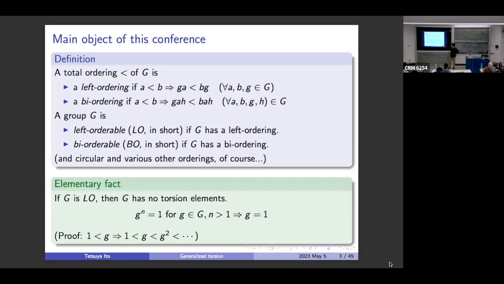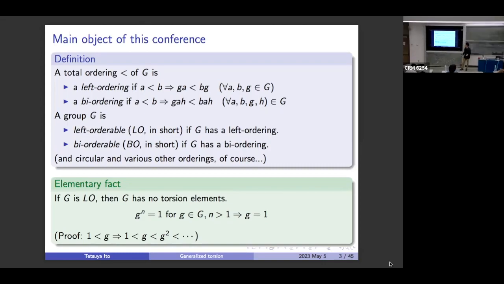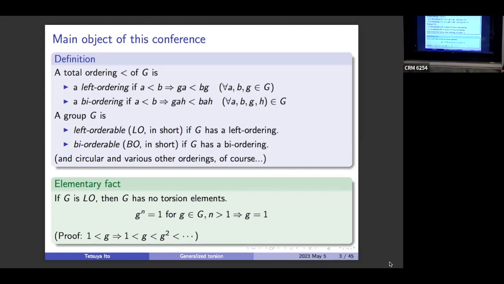The first lesson is an elementary fact. If a group is left orderable, then it has no torsion element. That means that if some power of z is 1, then z itself is the identity element. Why? Assume that z is greater than 1 for some left ordering. Then multiplying, z squared is greater than z, and so on and so on. So the lesson is that when we study left orderable groups or related topics,